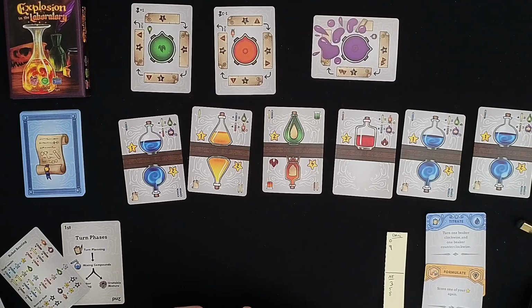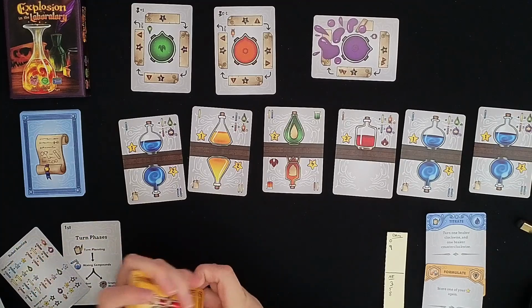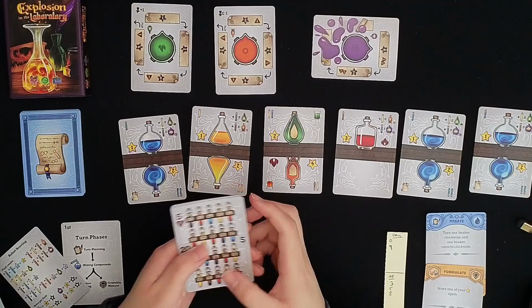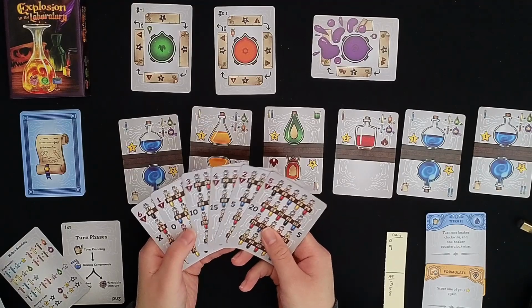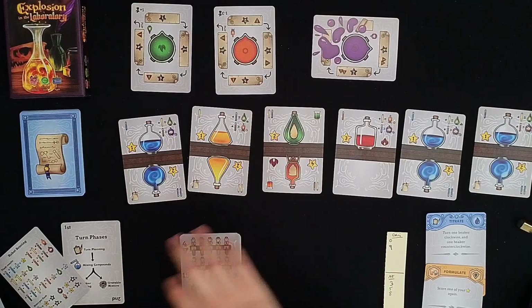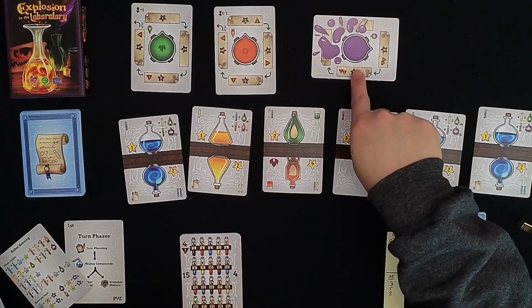Let's see. So the AI will go. And they will look at the card number 4 and go to card number 5, the test tube. So it's a yellow, red, blue. Yellow, red, blue means they take the highest. So it'll be this,